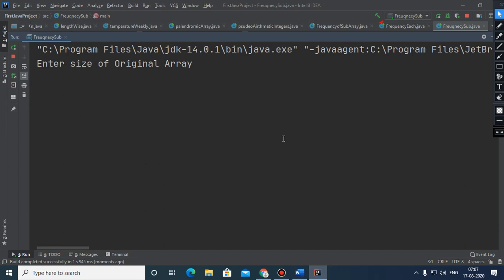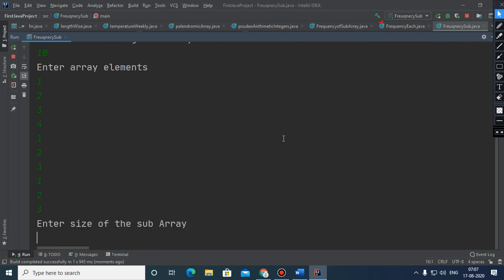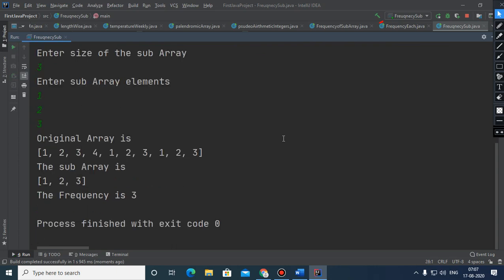So suppose the size of the array is 10, and the elements are 1 2 3 4 1 2 3 1 2 3. This is the original array, and if the size of the sub array is 3, and the elements are 1 2 3, you can see here that the frequency of the sub array is 3.